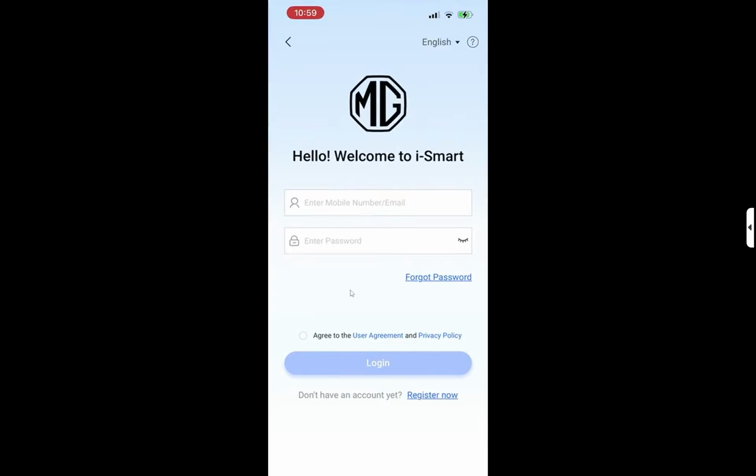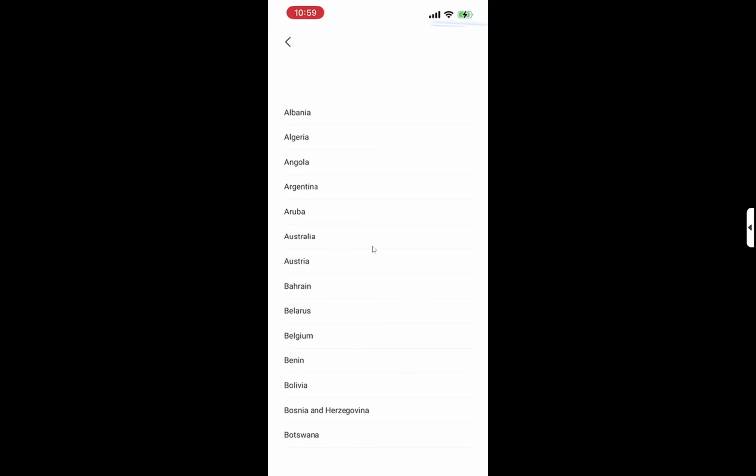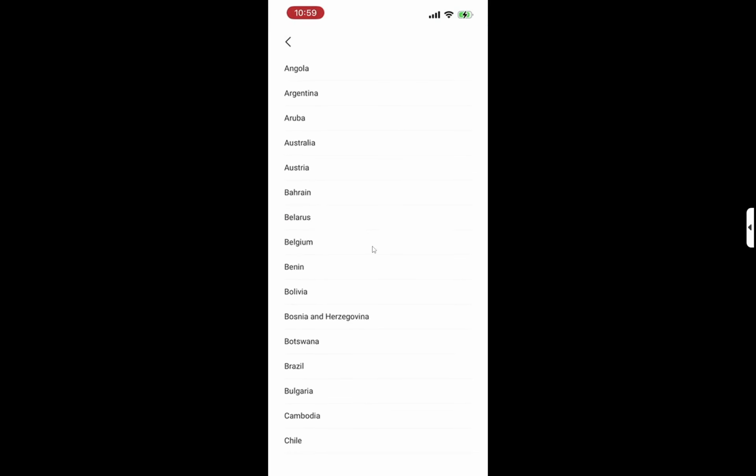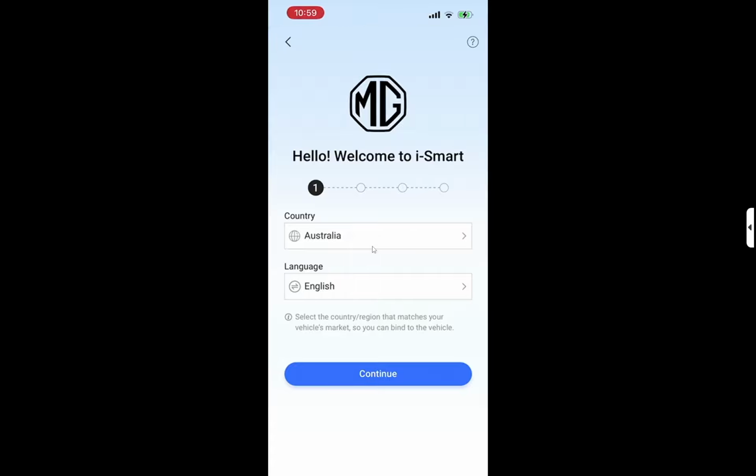Finally, you will need to sign in with your existing MG iSmart account or create a new account if you don't have one yet. On the app's main screen, you will see options for signing in or registering. If you are a new user, select the option to create an account and follow the prompts. This step is vital for personalizing your experience and accessing your vehicle's connected features. Once you are signed in, you will be able to use the app's functionalities seamlessly.